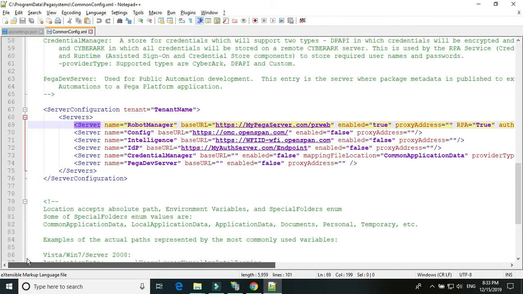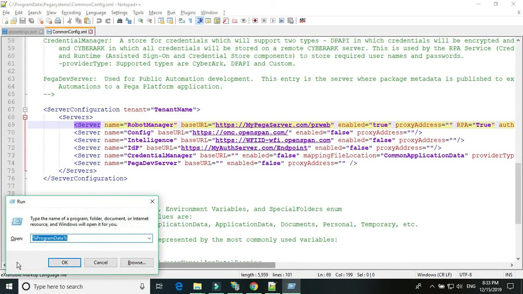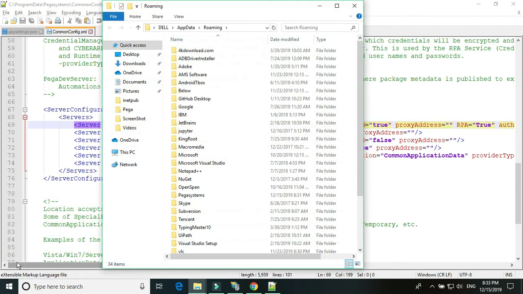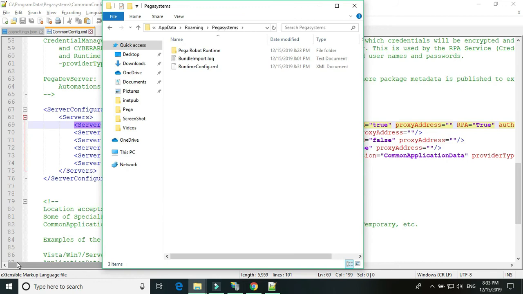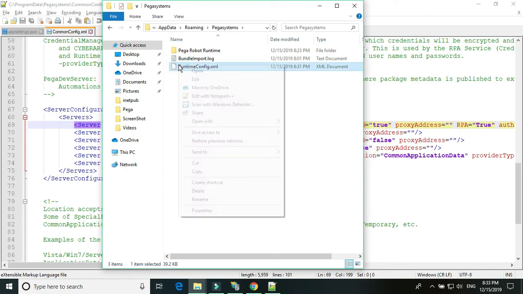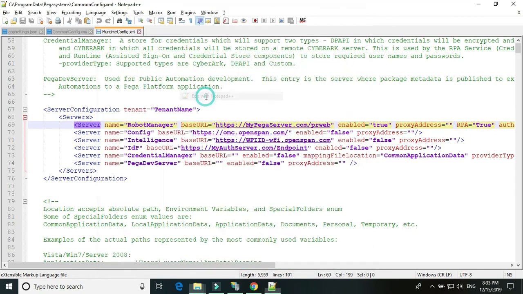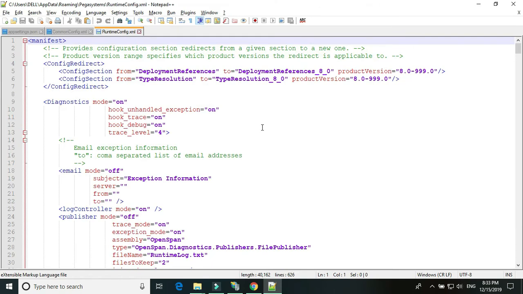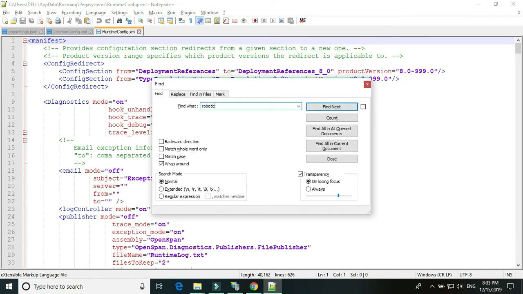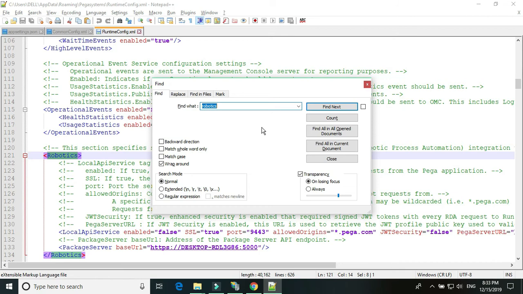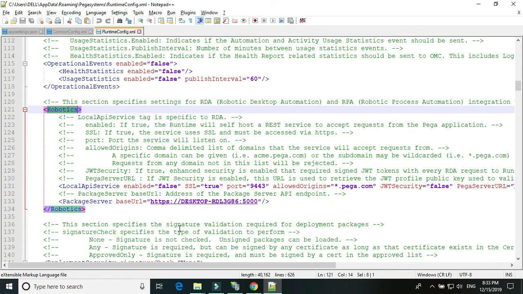Now go ahead and open up the runtime config file, which is in the app data folder. So go to app data, locate Pega system again. Here it's also changed from OpenSpan to Pega system. Then open up the runtime config file, Control F, and look for robotics. In the robotics, change enable to true,